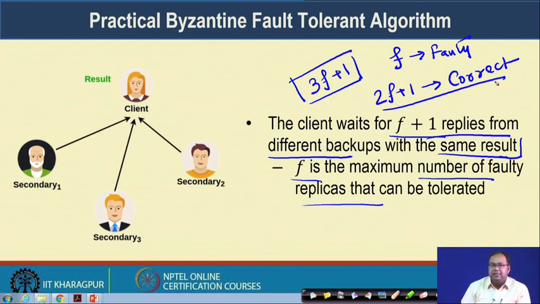So, if you receive a message from the majority of the correct replicas, you can assume that message to be the consensus message and include it in your system by committing that particular request.